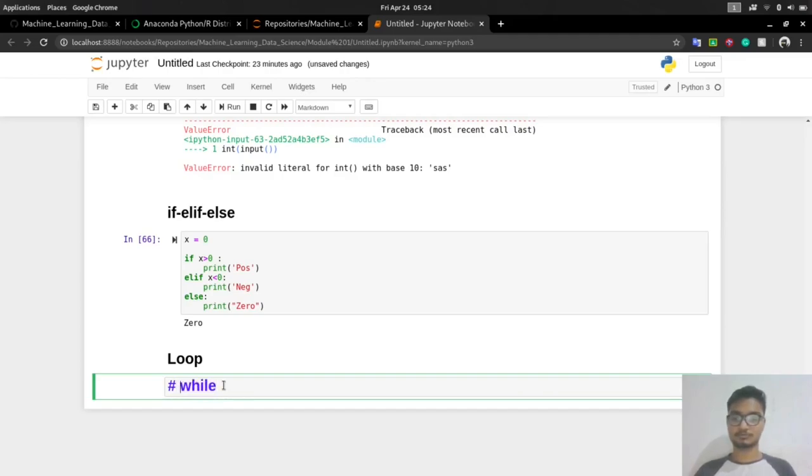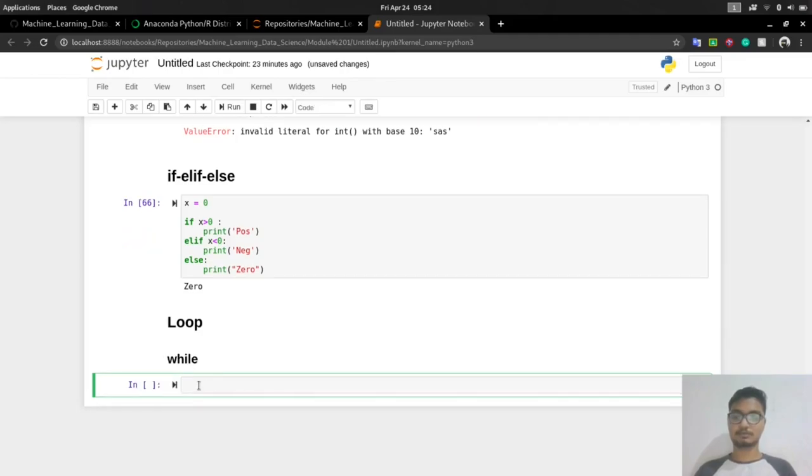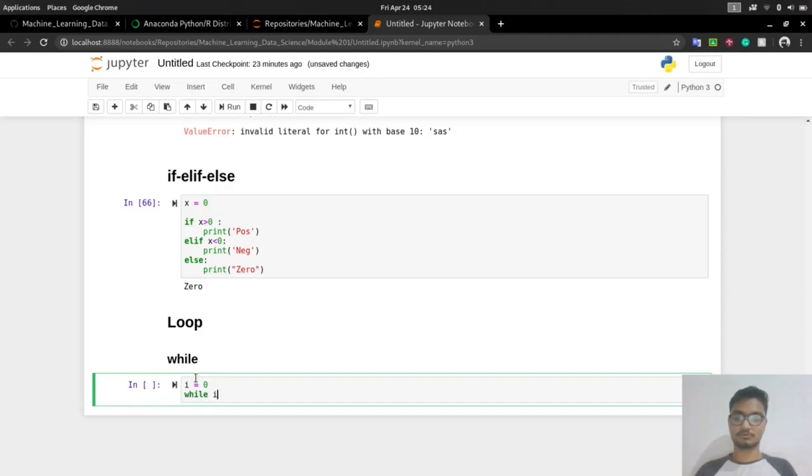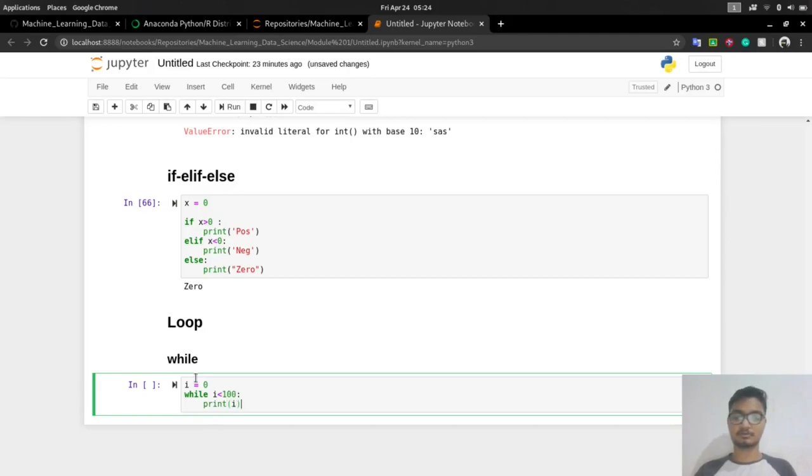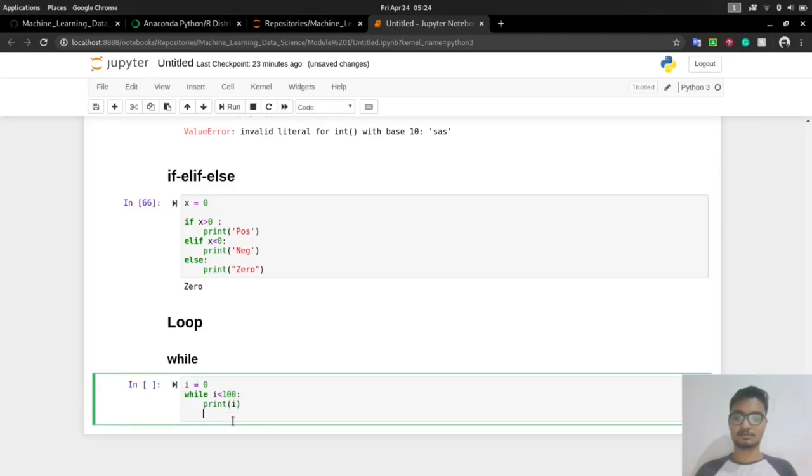While loop. So while loop is as simple as it was in C or C++. You again have to go and say i is equal to 0, while i is less than 100, print i. And as we did in C or C++, we manually have to increase the value. One important thing in Python is that this statement doesn't work in Python. I don't know for what good reason, but you can't use that. You have to use either this or